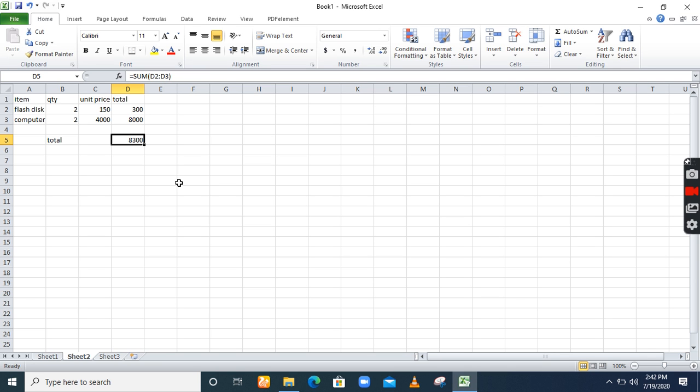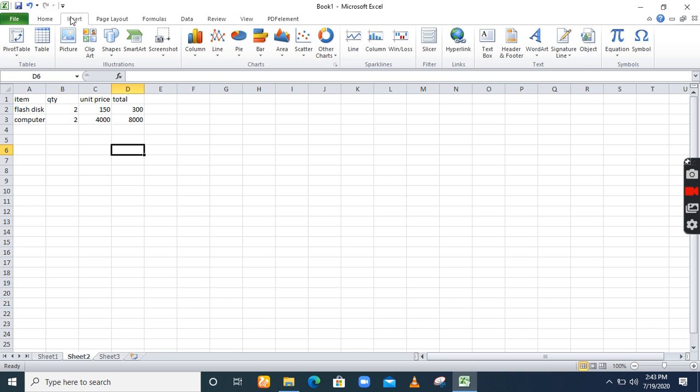So for today's lesson, let's practice inserting charts. So let's say this is the data that we have and want to insert a chart. To insert a chart, simply click insert. Then